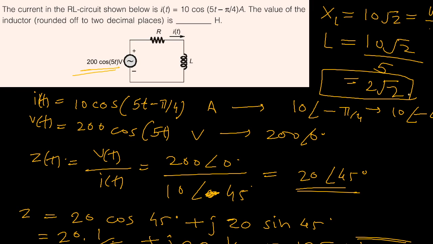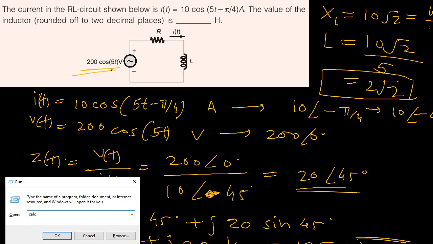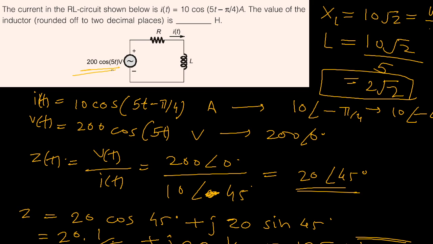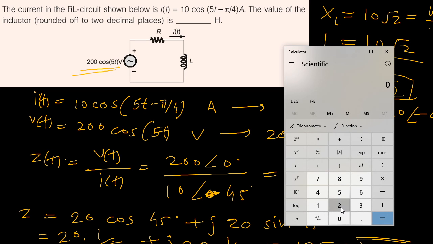So the correct answer is 2 under root 2, which is 2 into 2 to the power 0.5, that is 2.8284. This is the answer, but you have to place it rounded off to 2 decimal places,